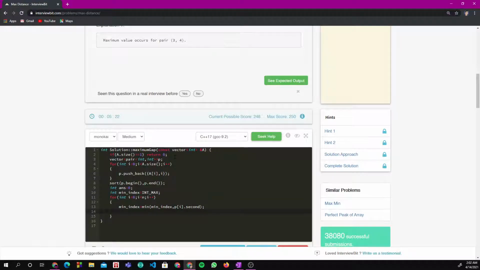And now my answer is equal to max of my answer comma j minus I. So I will do p of I dot second minus minimum index. So my p of I dot second is j and my minimum index is I. That is what I explained over there. Now in the end I just have to return answer.